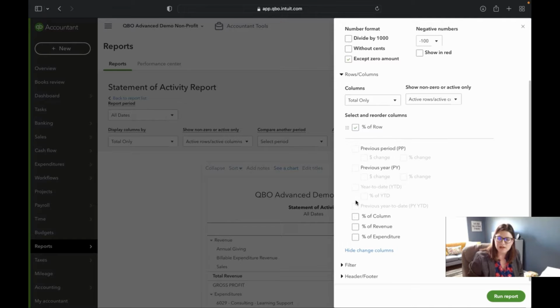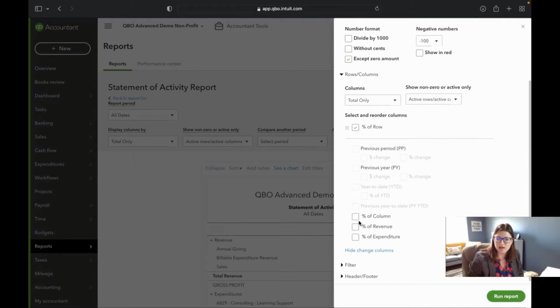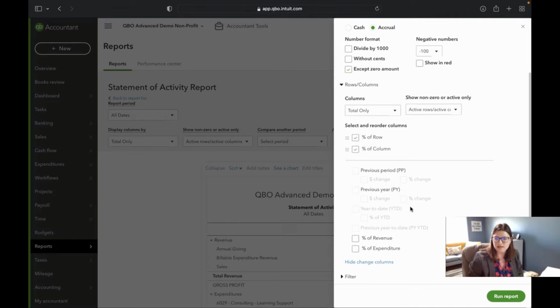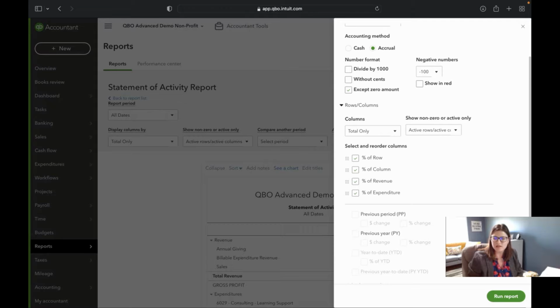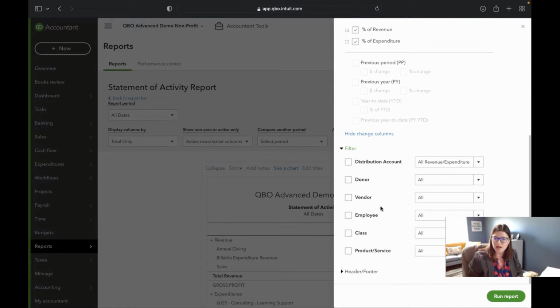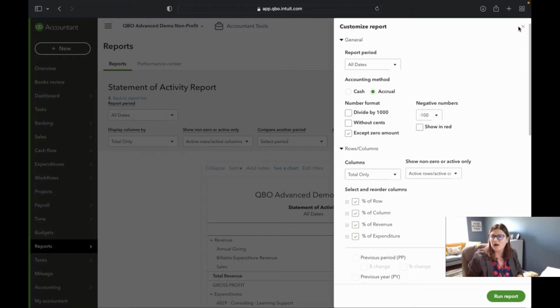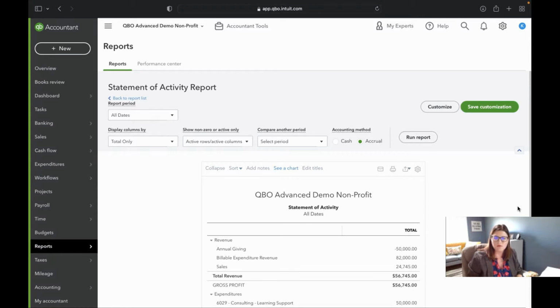But it's really funny because when you were in school and they were teaching you accounting and you did vertical analysis and stuff, you can actually do simple vertical analysis here in your customizations in case you want to see that. Then you can also filter these reports. You can add headers and footers here if you want to say this is for a board meeting, so it's for internal use only or for board use only. You can put in that kind of thing, and there you go.